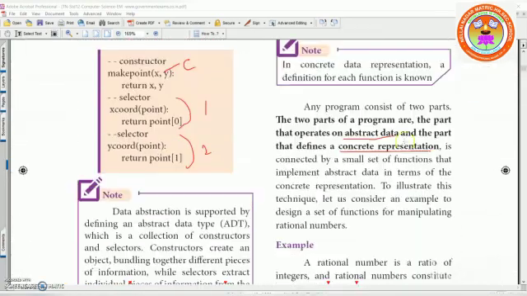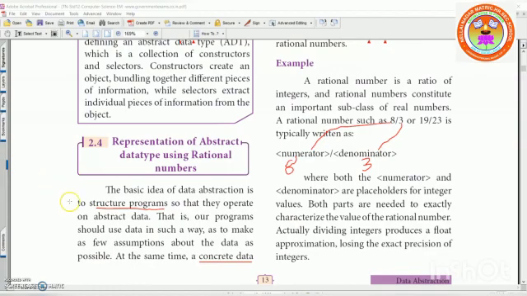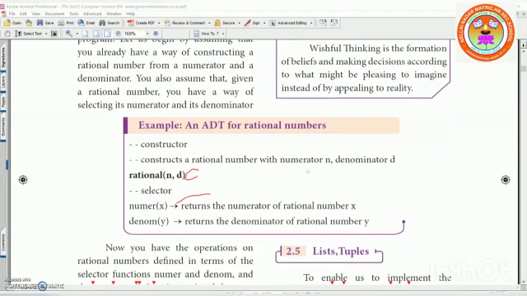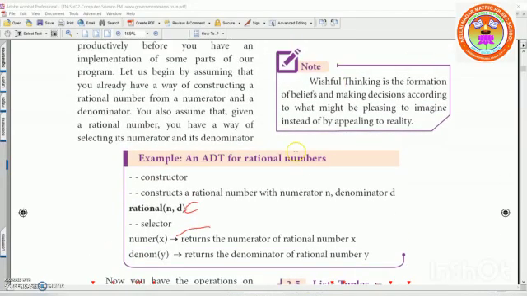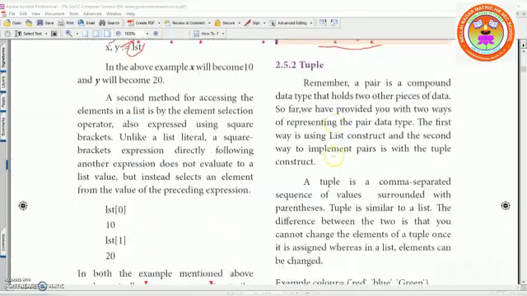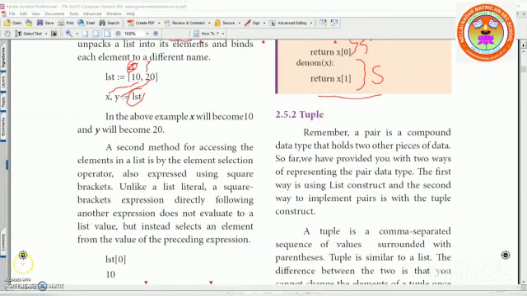Then I explained about abstract data and concrete data, then representation of abstract data using rational numbers, and then I gave an example about list, and today I'm going to start tuples.